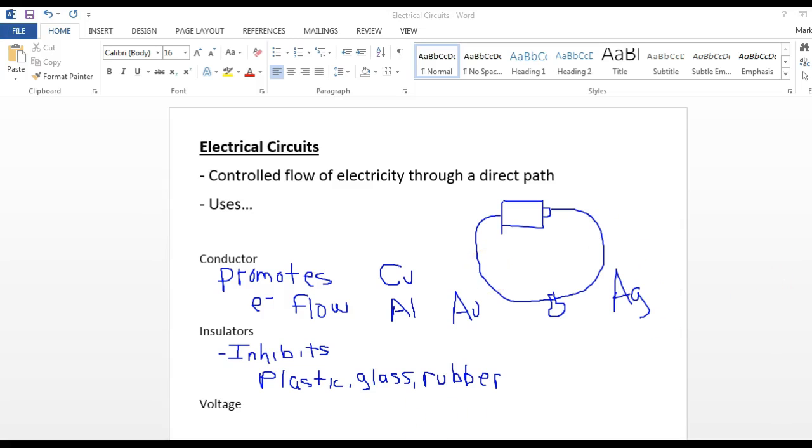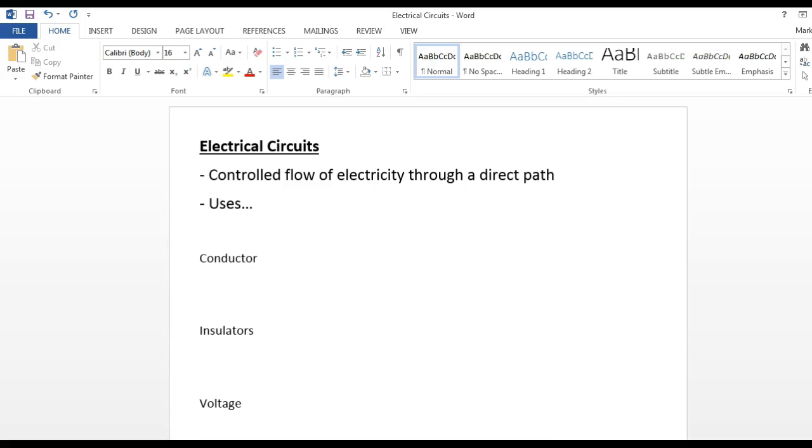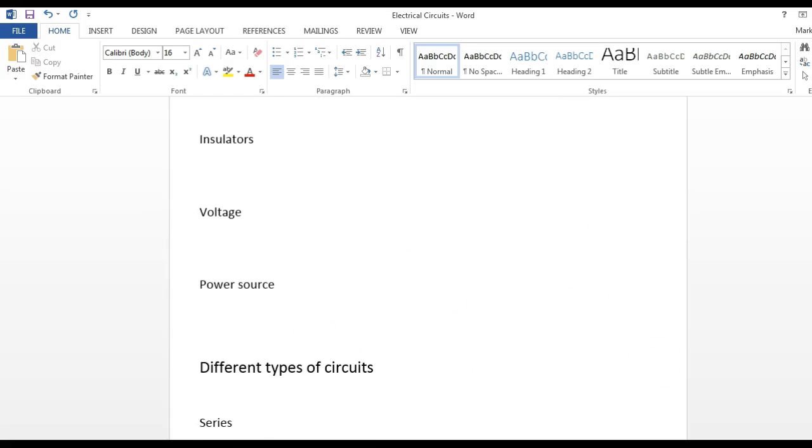And then we have something called voltage here. Let me erase this stuff. So then we have voltage. And voltage is like the oomph, or the potential. Let me put that. So the potential of electrons to flow. So if you have a battery, let's say it's 1.5 volts, I think that's a AA,